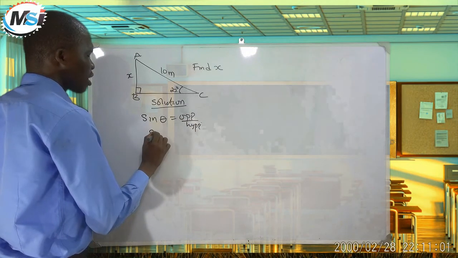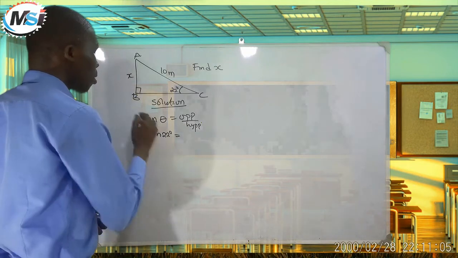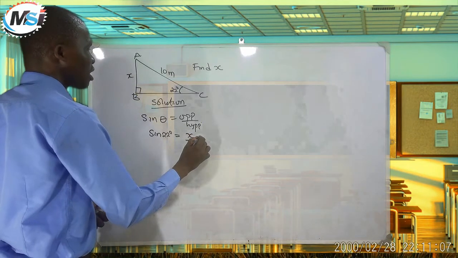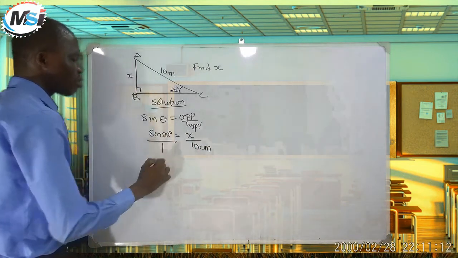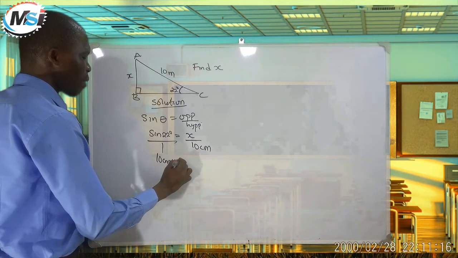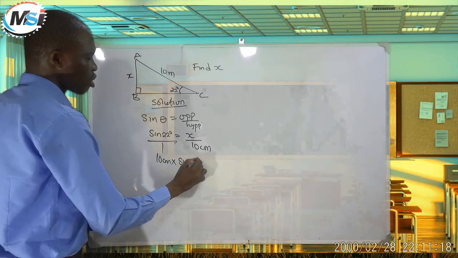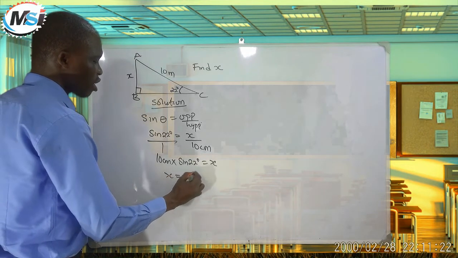Sine theta equals opposite over hypotenuse. So sine 22 degree will give us opposite. Opposite is x, and the hypotenuse is 10 centimeter. So divide this by 1. We are going to have 10 centimeter multiplied by sine 22 degree equals x. So x will give us 10 times